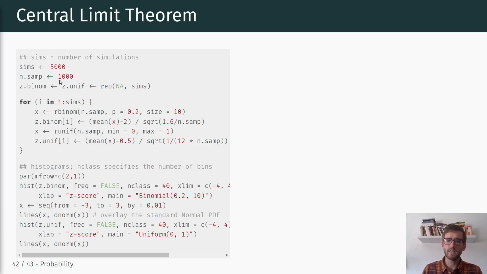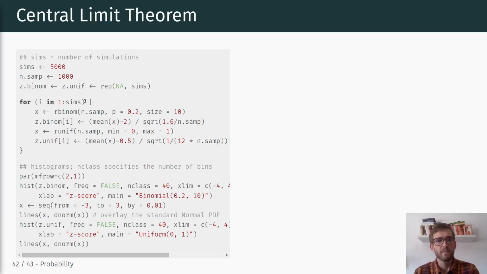The underlying idea is that even though these are not normal distributions, these are, as I said, uniform and binomial, the distributions that we introduced previously, the distribution of sample averages still approaches a normal distribution